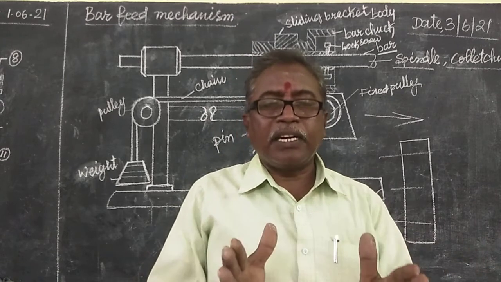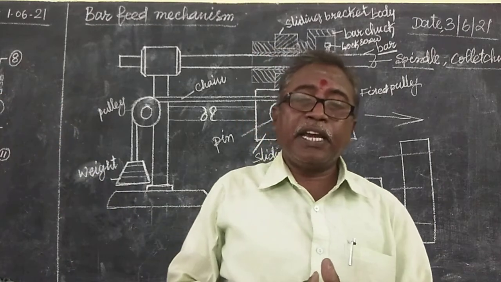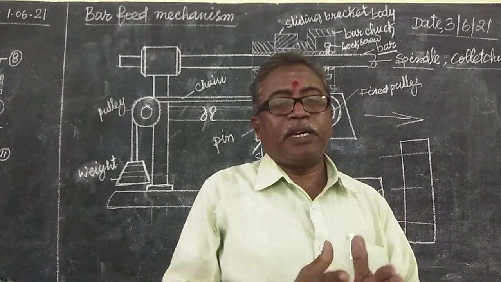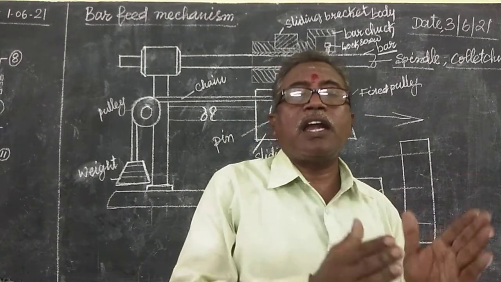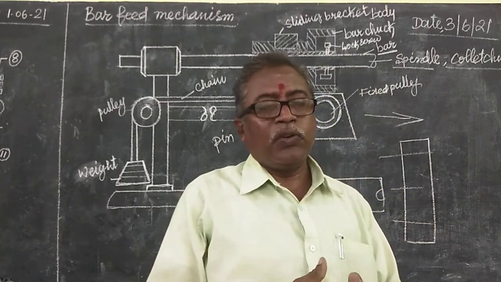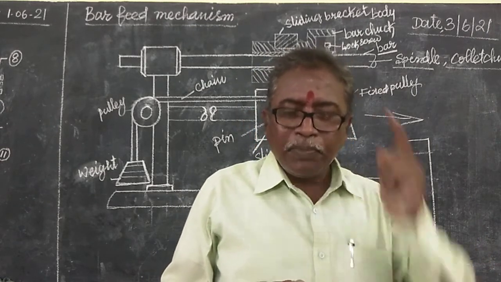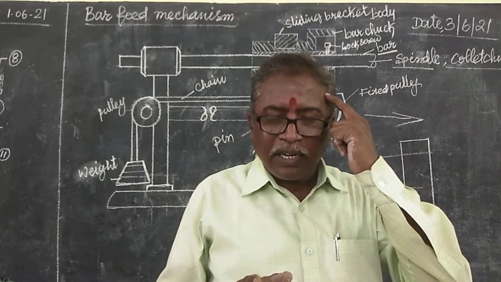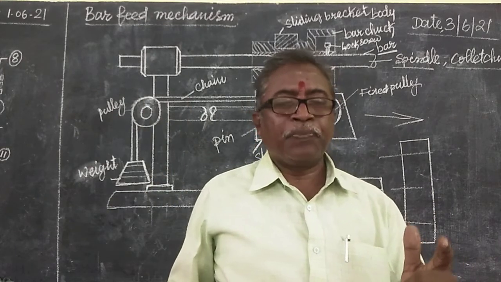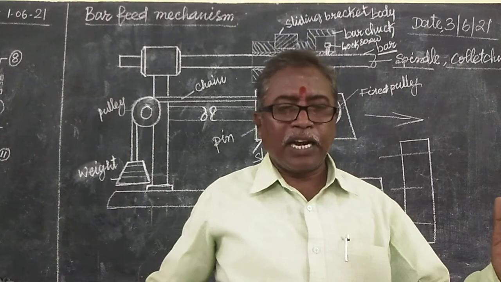Auxiliary slide means the turret is different. The RPM will also be more, and the cuts taken will also be more. Like this, that is the difference between turret and capstan. So when you open the book and see it, you can understand what the sir is telling. Immediately remember in your mind: capstan is light duty, turret is heavy duty; capstan has an auxiliary slide, turret has no auxiliary slide.